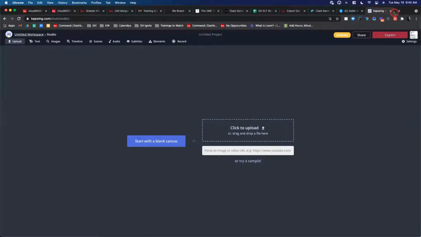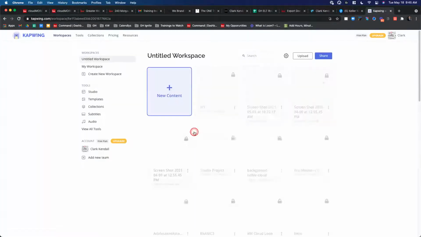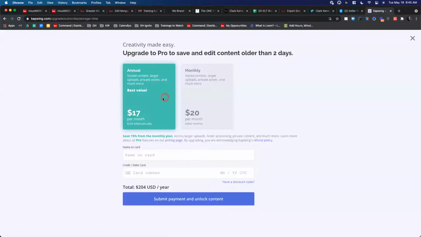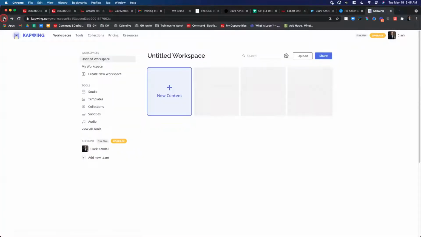You can create GIFs of different images. So you can upload videos, you can upload images, make your own GIFs. It's fun. I think they've changed their pricing here, because before I was able to access all these. I think they're only available for a certain amount of days, because now these are locked up and they want me to pay to get them back. But I downloaded them.